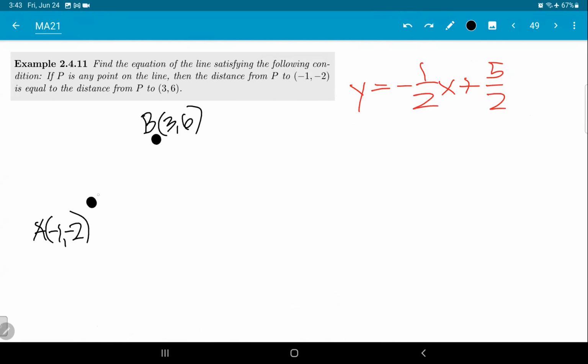Now we will get the perpendicular bisector of this. And we have already learned how to get the slopes of lines that are perpendicular to each other and also how to get the midpoint. So let's start by finding the midpoint of the line segment AB. So ano nga yung midpoint formula? Diba? We average the coordinates, divide by 2, add, divide by 2. So we have -1 plus 3